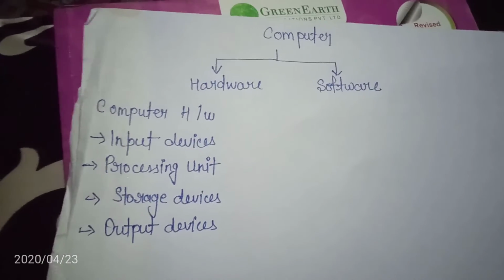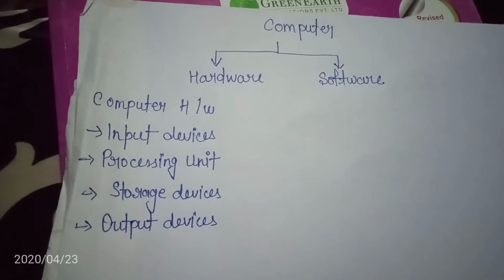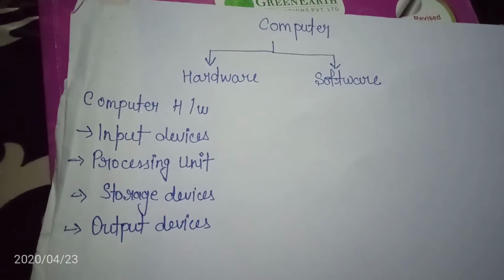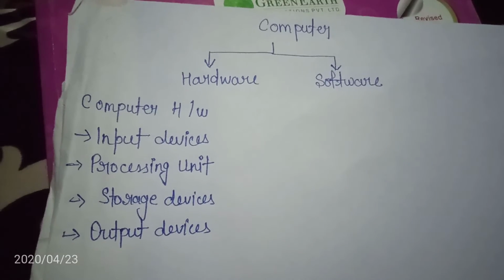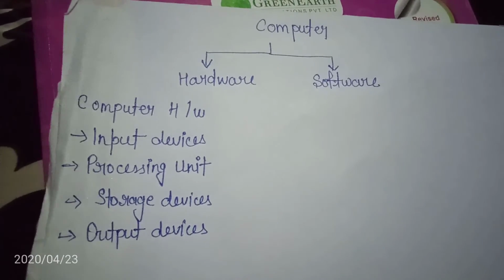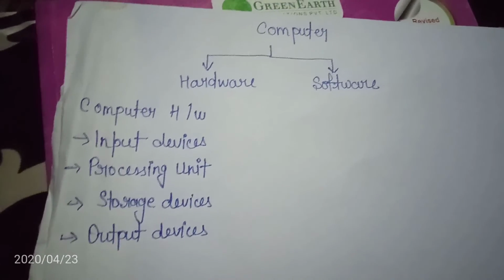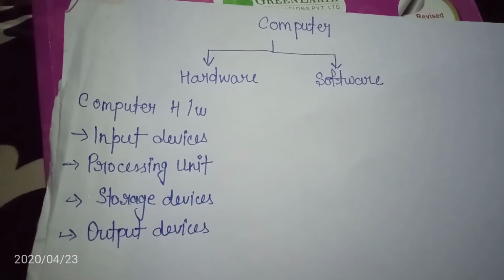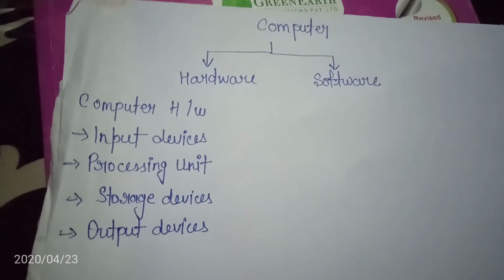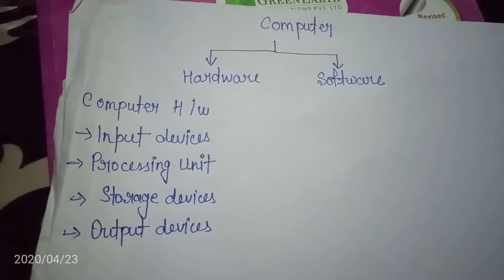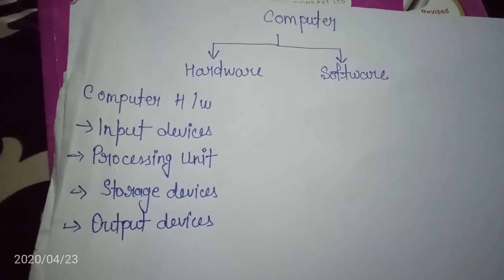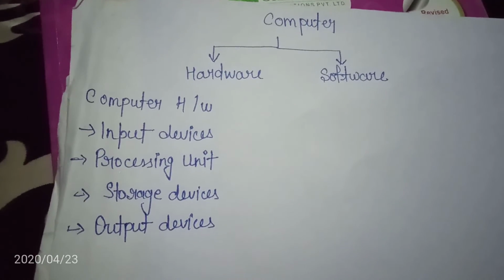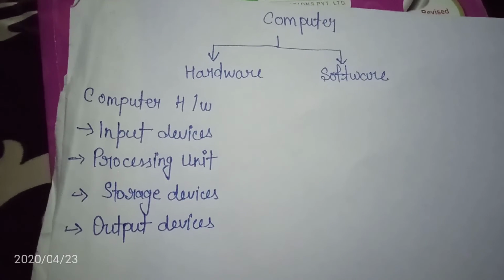So if we summarize all this video, we find that a computer is divided into two parts, that is hardware and software. Hardware refers to the part of the computer that we can touch or feel, and software refers to a set of programs that perform some tasks but we cannot touch or feel them. Okay, and a computer needs both hardware and software to work.